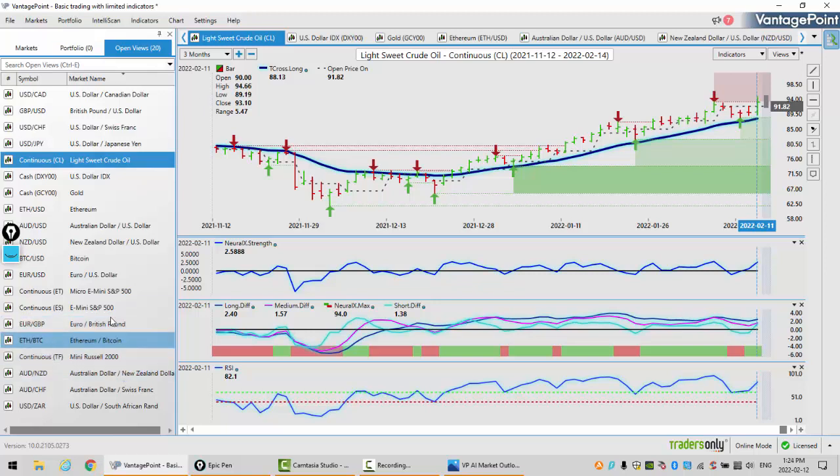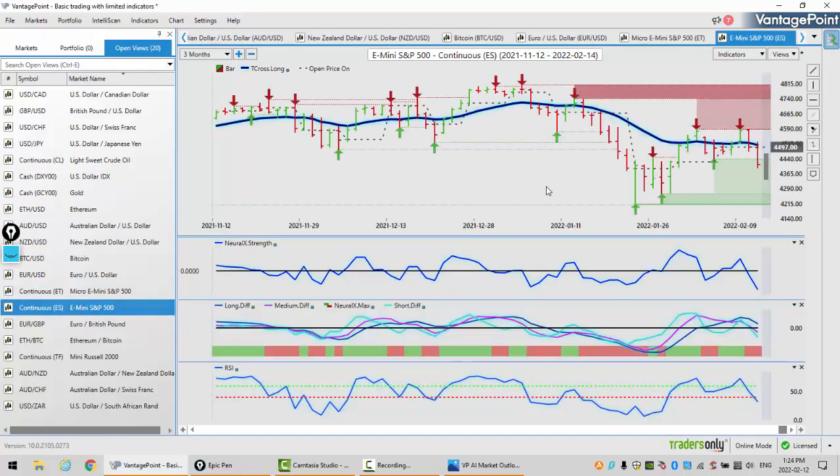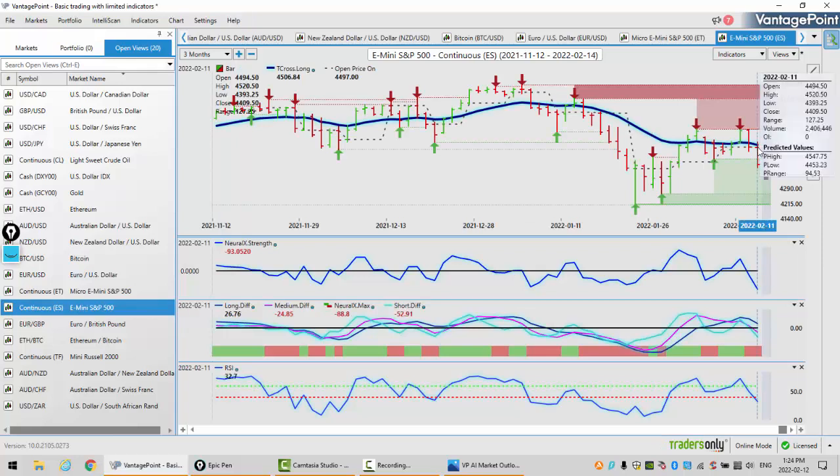Now, when we look at the S&P 500, it's just taking an absolute beating on this news. And the second they talked about the Ukraine-Russia conflict potentially getting ready to get even worse, then you can see that equities did not like that one bit. So we've pulled lower. But equities really did struggle the better part of the week. We had a couple of decent days there on Tuesday and Wednesday.